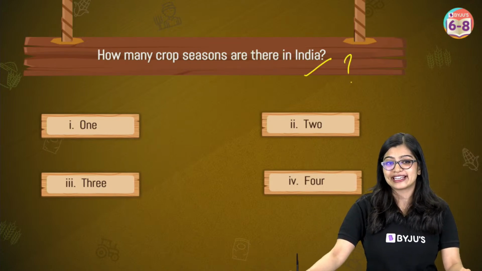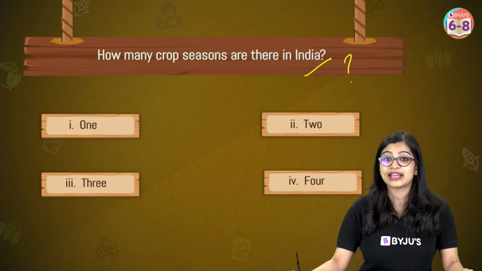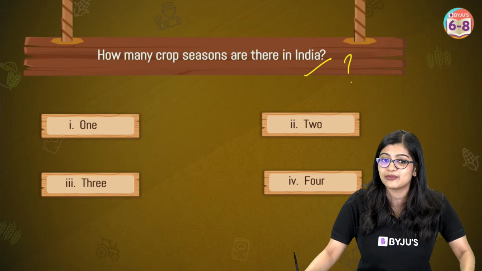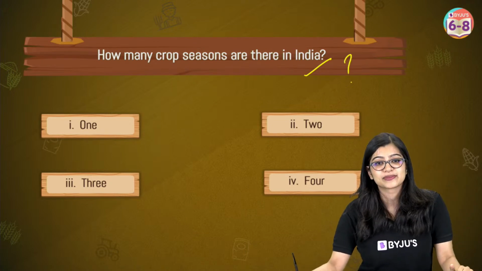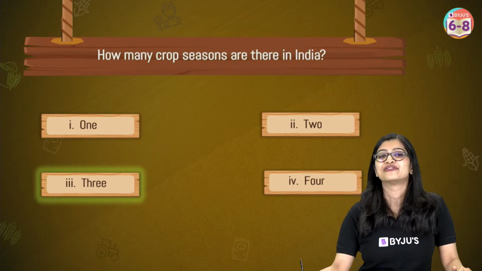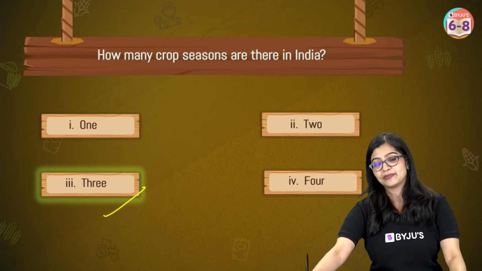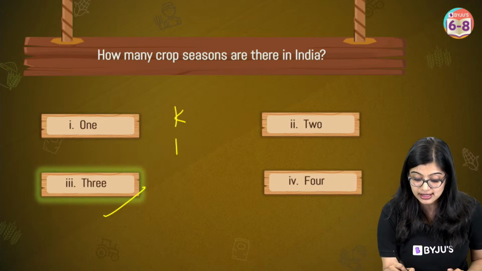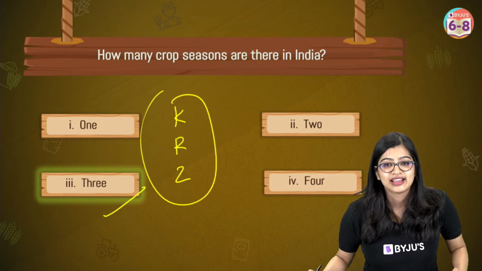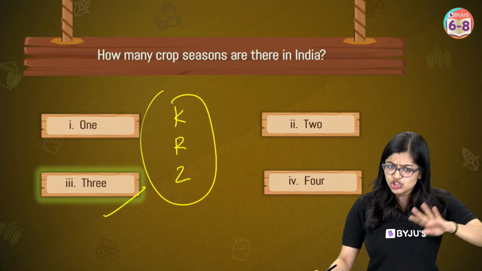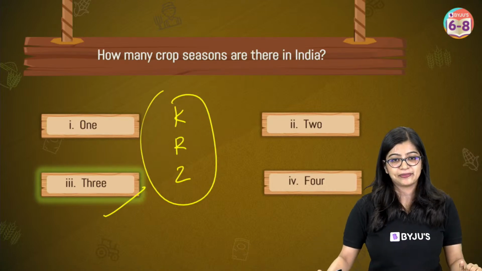Wonderful, I can see 3. Some of you are saying 2. Let's revisit how many seasons there were. We learnt about Rabi, Kharif and Zaid crops. It is 3 crop seasons that are there in India. So again, I am going to write this down because on an examination front this is important. Onset means just before it starts, that means it is going to start something.